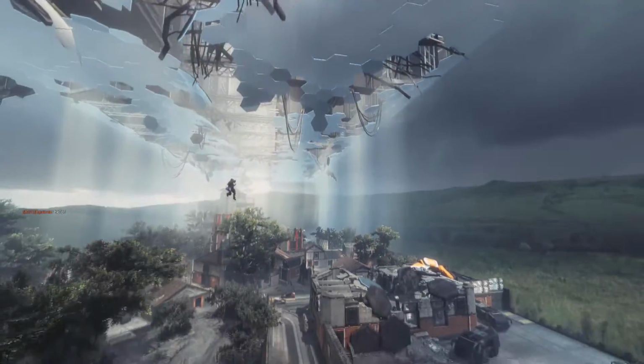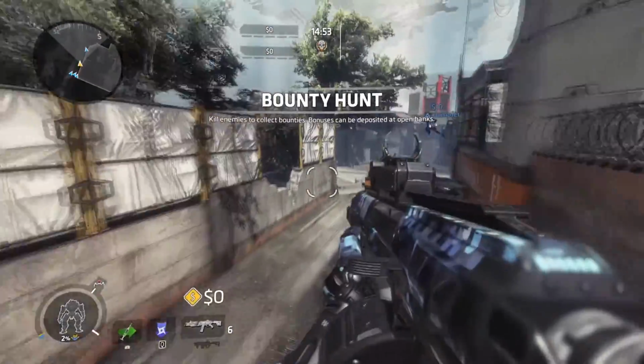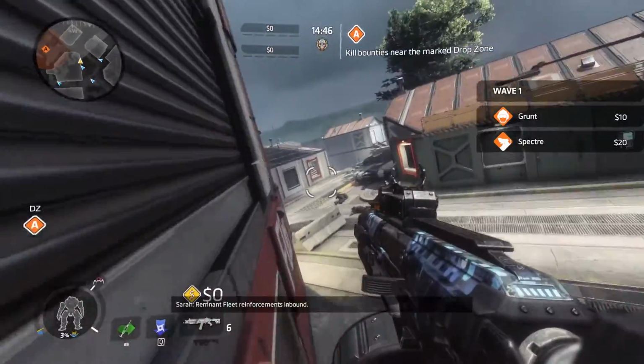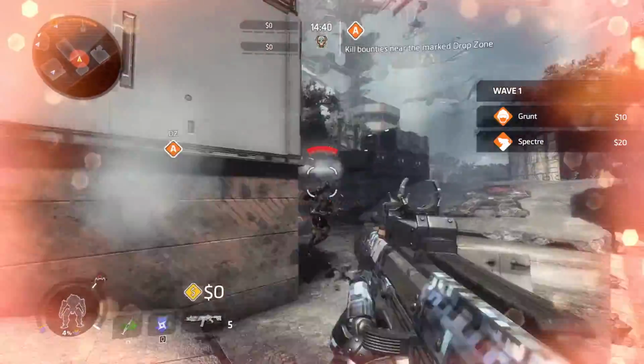So here we go. Eliminate remnant fleet forces. And actually with this pilot, I do not have cloak. I actually have stim, which allows me to move faster. Reinforcements inbound. The maps are built with a lot of good options in mind. Now, I have seen some